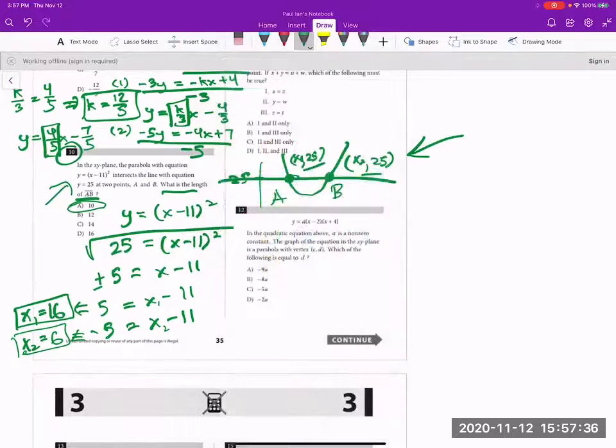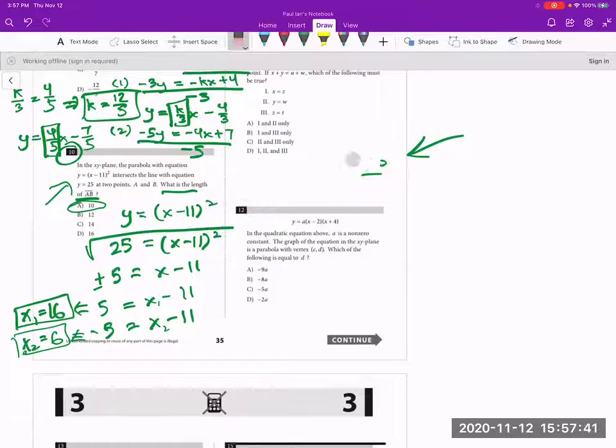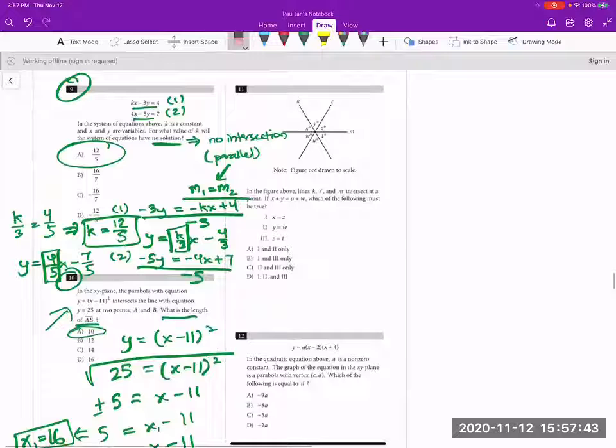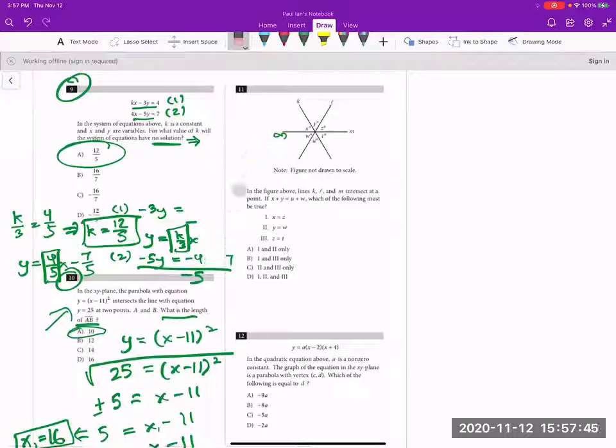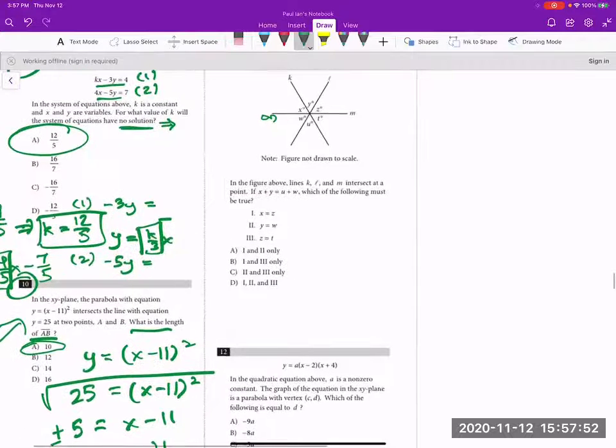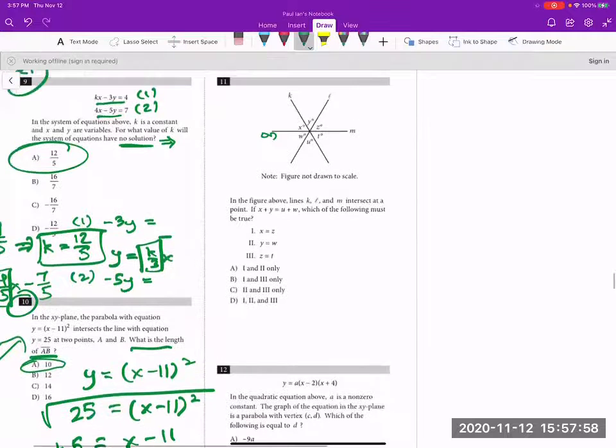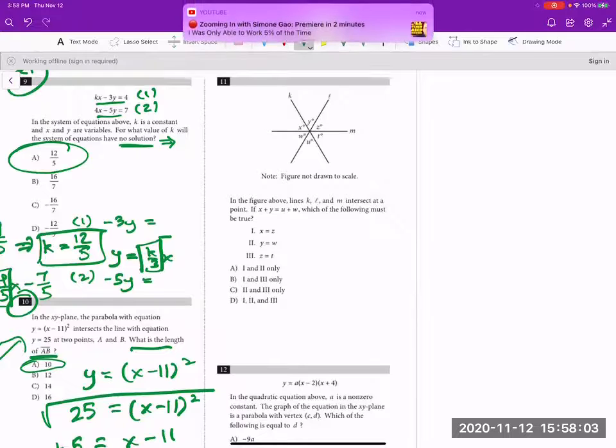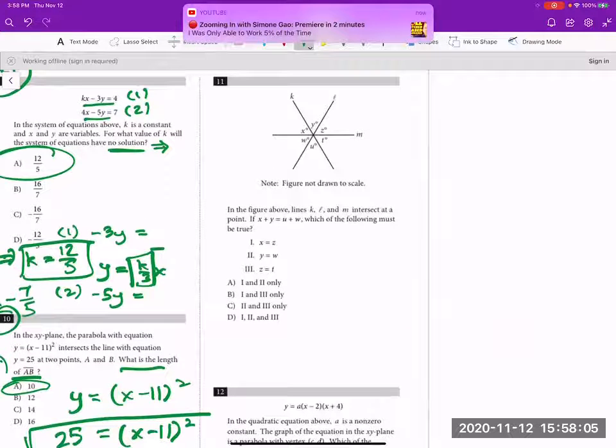All right, next one. Or not this one, the next one up top. So this next one, they like doing this sometimes where you have like 2 or 3 or 4 things, and then you have to find out whether they are all true or some of them are true. How you would do it is you just read through the problem and see if you can figure out which ones are true. So for this first one,